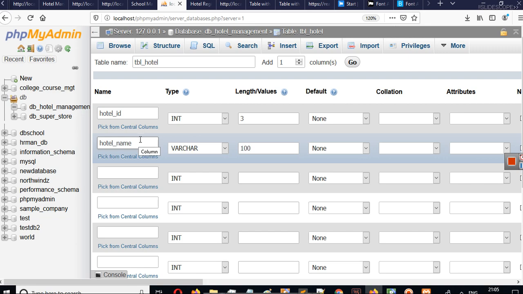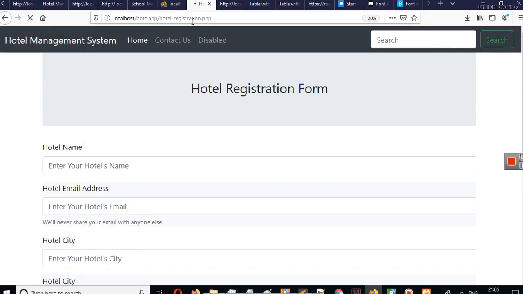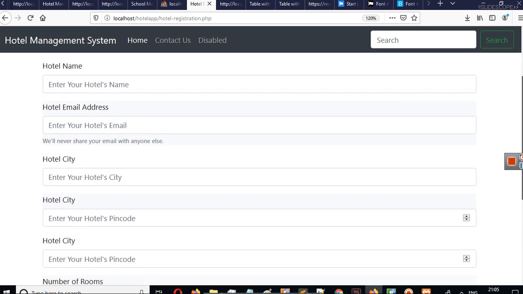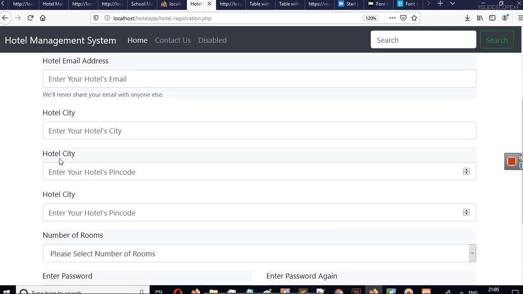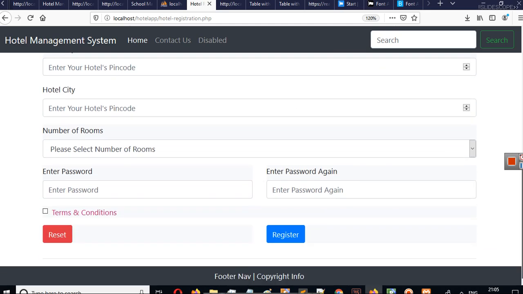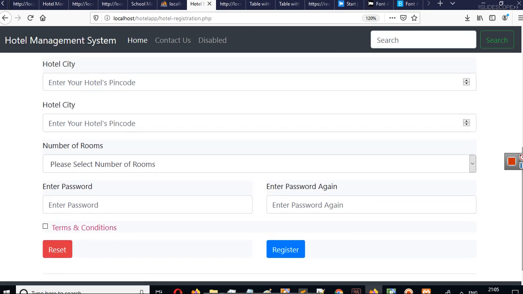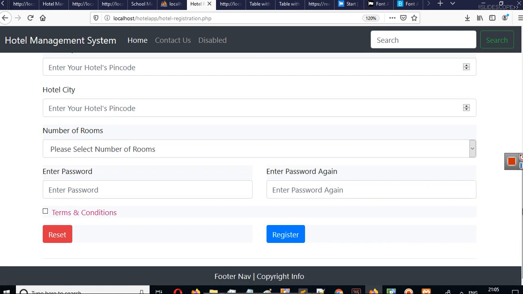So while registration from the user form that we created here, if you remember, this is hotel name, hotel email, address, hotel city. This is actually pin code, and I think we had copied one column 2 or 3 times. I will fix that.